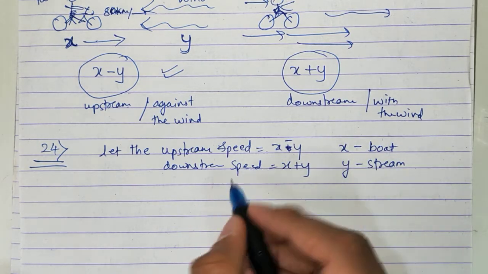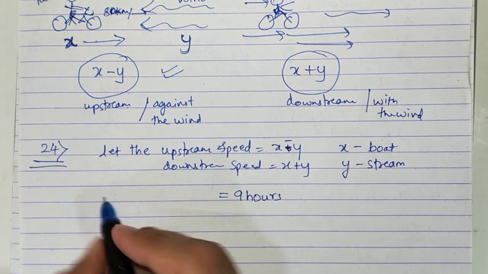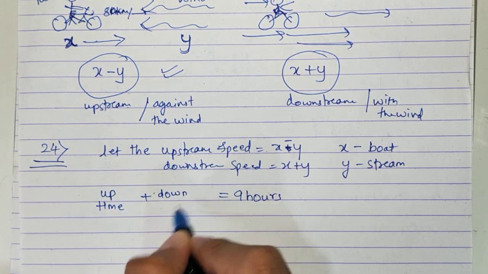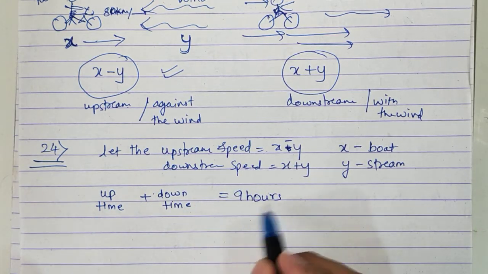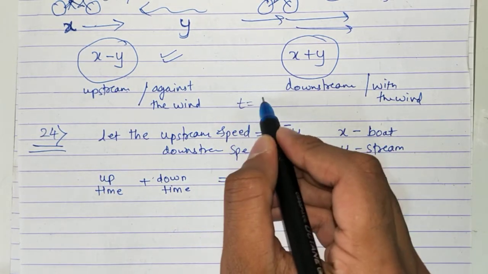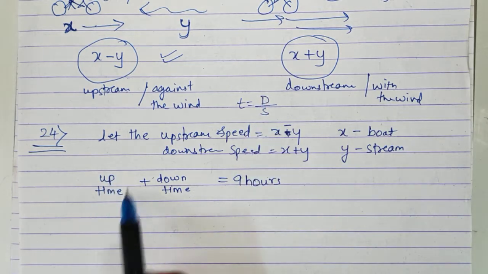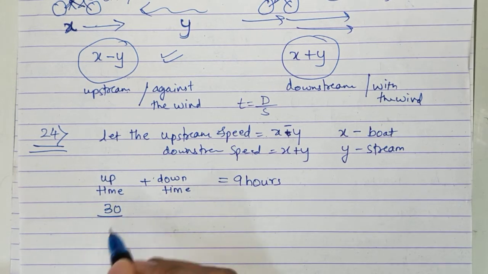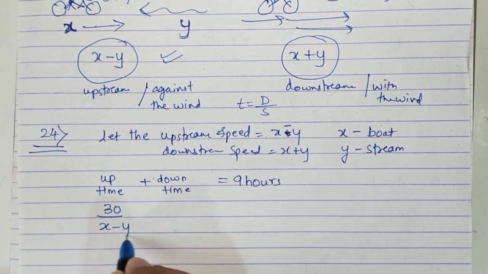So total time कितना लगता है 9 hours. मतलब upstream time प्लस downstream time बराबर ऊपर जाने में और नीचे आने में टोटल टाइम कितना लग रहा है 9 hours. ओके, टाइम का मतलब क्या है, what is the formula for time, time is distance upon speed. ओके, सो अपस्ट्रीम का डिस्टेंस कितना दिया है 30 किलोमीटर्स, सो अपस्ट्रीम का 30 किलोमीटर्स है अपॉन अपस्ट्रीम की स्पीड क्या है x माइनस वाई, so I will write here x minus y